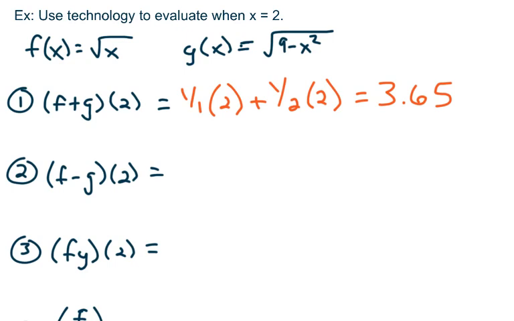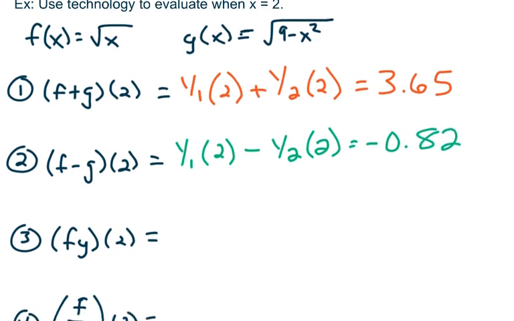Now, a quick little trick, instead of having to retype all of it again, with these calculators: just hit the up button and highlight your last entry, so arrow up to get this, hit enter again, and it will bring up that same expression, and you can edit that. So all you need to do then is arrow over to this plus sign and change it to a minus. It's actually going to go really fast when you have to do all 4. So we're going to be y1 of 2 minus y2 of 2, and then you hit enter again, and what you get is negative